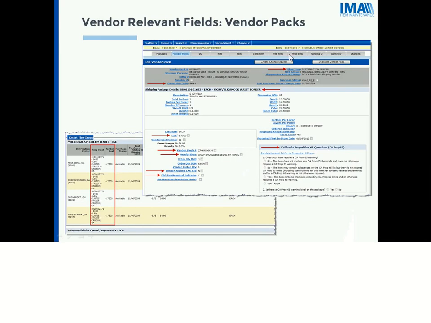So this is what the Vendor Pack tab looks like. Up at the very top, you will see your flow type. And then over to the left, you will see your ownership code. Now, I mentioned before that you should be getting some information from your buying and inventory teams when you start your item setup,